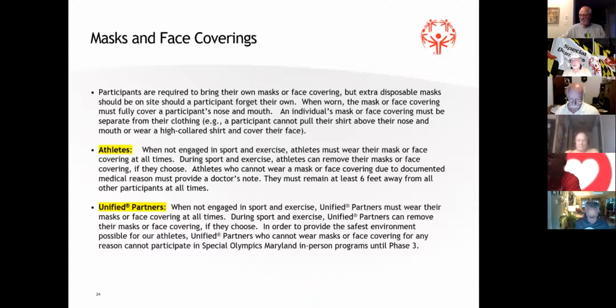When they start their warm-up, hopefully you're all doing warm-ups, as well as their stretches at the beginning of the practice, they can take the masks off at that point. And they can essentially leave them off, assuming they're doing physical activity, until the end of the practice. If you stop early and have a sit down and a team meeting, they should put them back